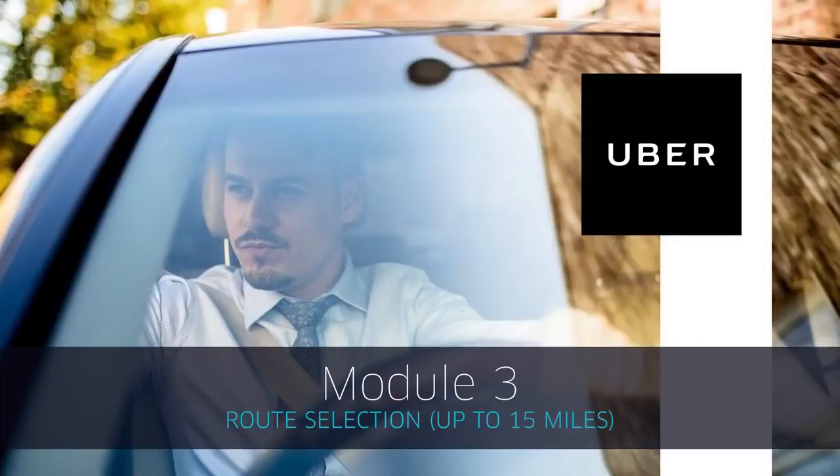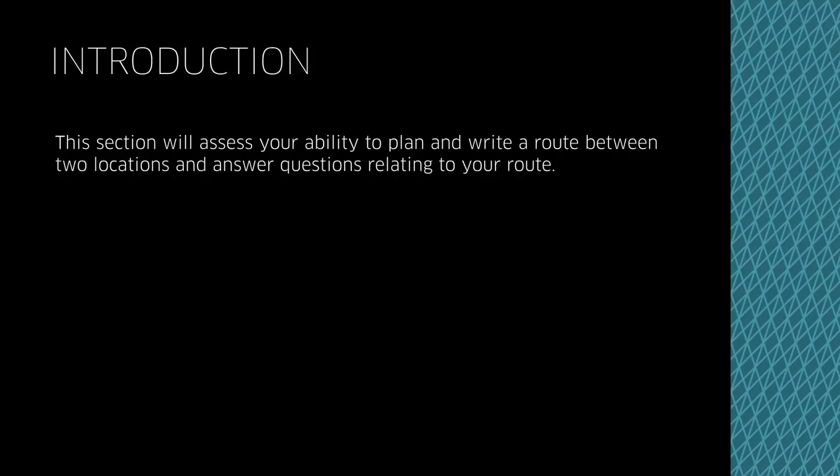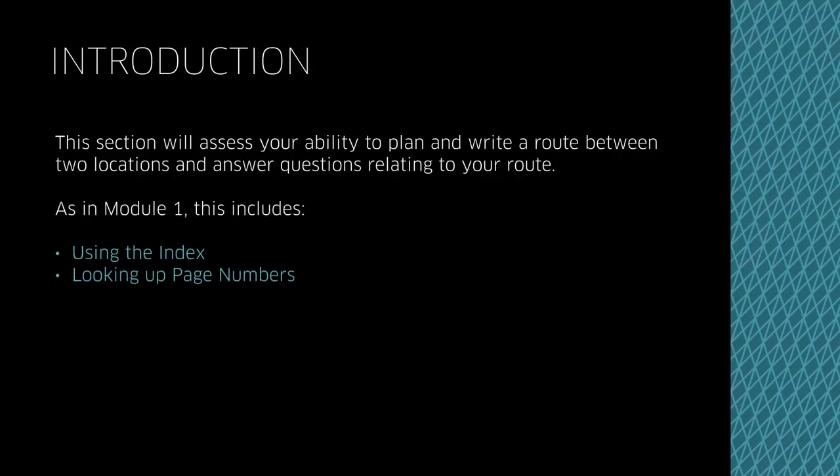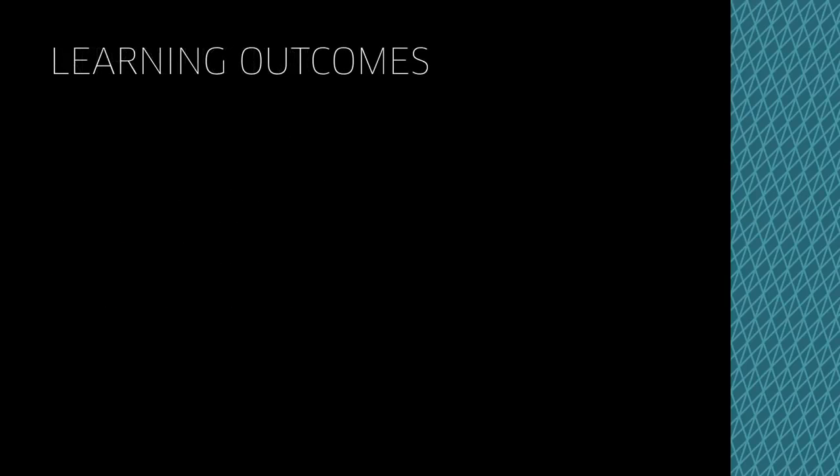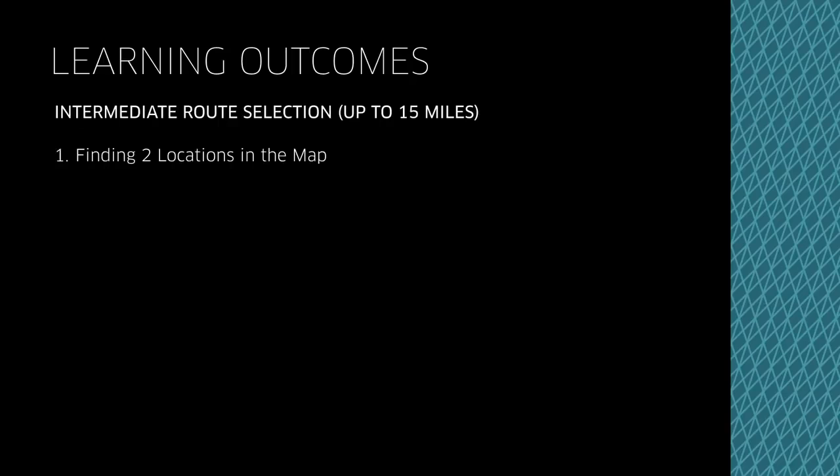Module 3 of the Topographical Skills Assessment will test your ability to select a medium distance route between two locations. As in Module 1, this includes using the index and looking up page numbers and looking up grid references. For Module 3, you'll be planning a medium distance route of up to 15 miles. You'll use the index to find the start location and the end location and then identify these on the pages